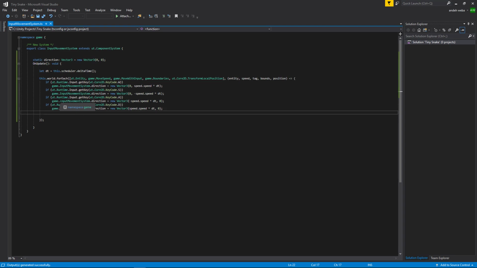So we have our input set up. We can access our input. We know which direction we want to move. So now we need to actually move the entity. And to do that, it's also pretty simple. Okay, yeah, of course, our position's right here. So we just need to access that and then put it where we want it to be. So we'll do position.position equals, and what we need it to equal is our current position plus our direction, which would just be,